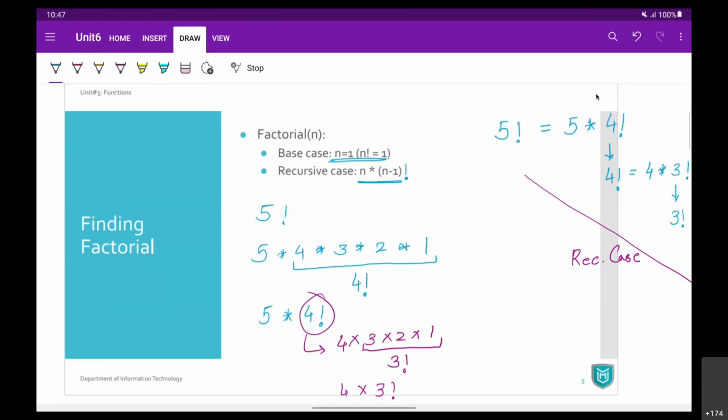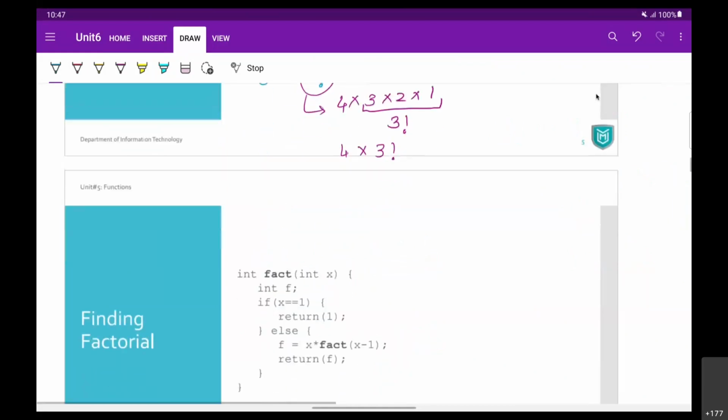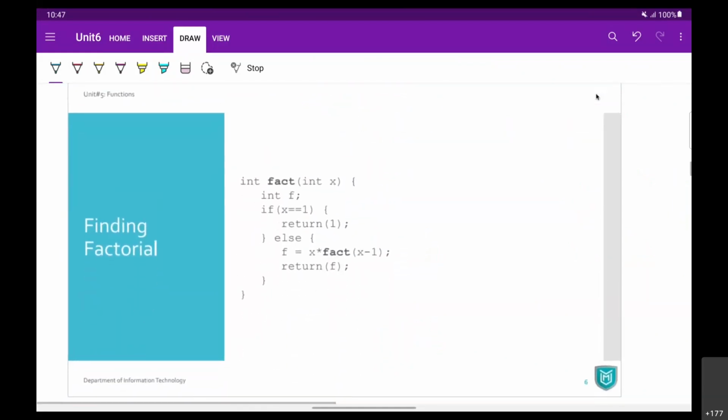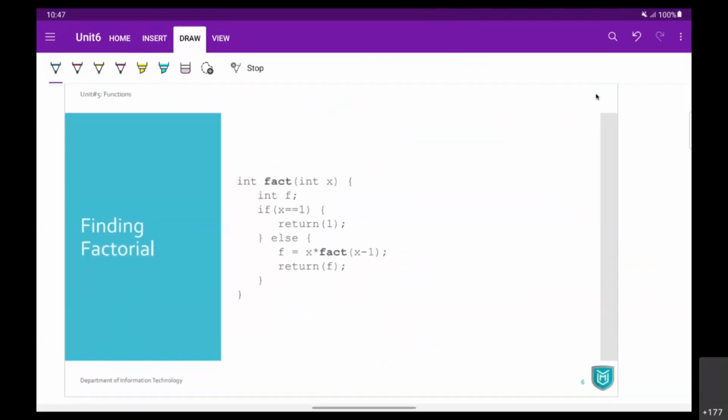Now, if we want to write down this code, then it looks something like this. We have a function fact where we want to find out x factorial. Inside that, we check if x is 1, then it becomes a base case. We simply return the direct answer 1.